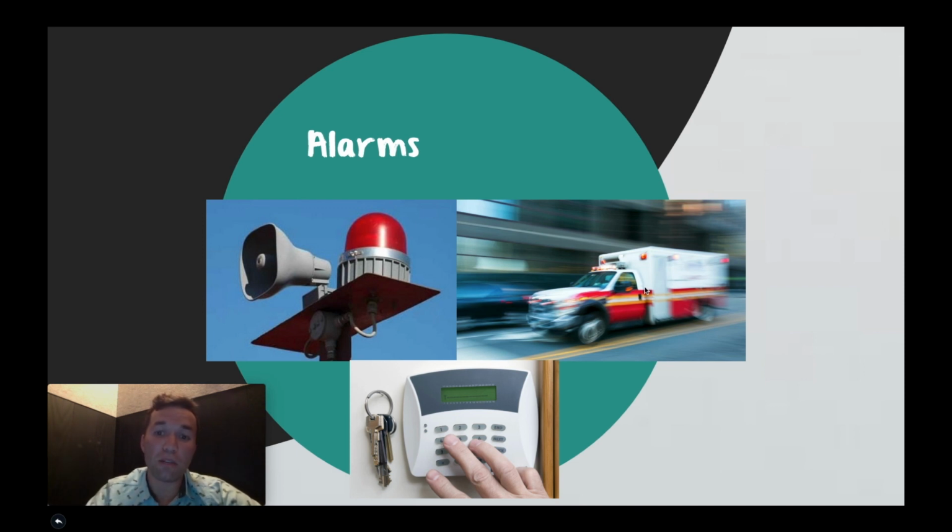Or if you hear an alarm here, it's a different use case. The alarm is meant to say, "Get out of my way. We have a sick person on board, and we need to clear out the roadway for this ambulance." You still know that, hey, something's wrong and I need to pay attention, I need to proceed with caution. And the last one would be like a burglar alarm, right? So if you're sleeping sound at night and somebody tries to break into your house and something starts beeping, you know to get into your fight or flight mode and take the appropriate action. So that's external consistency. It's what to do across the board.